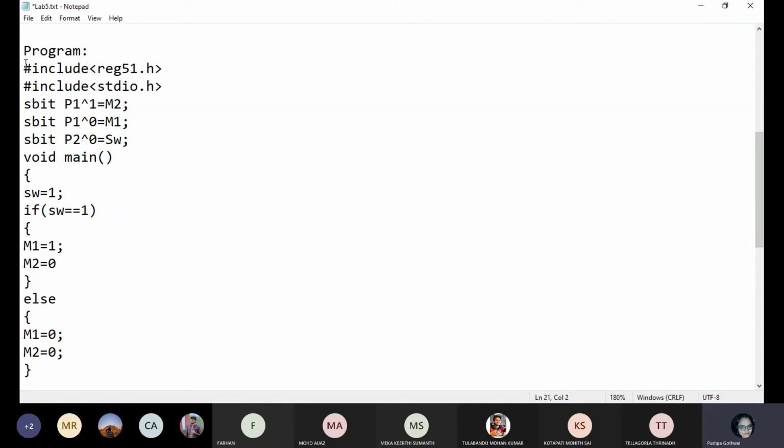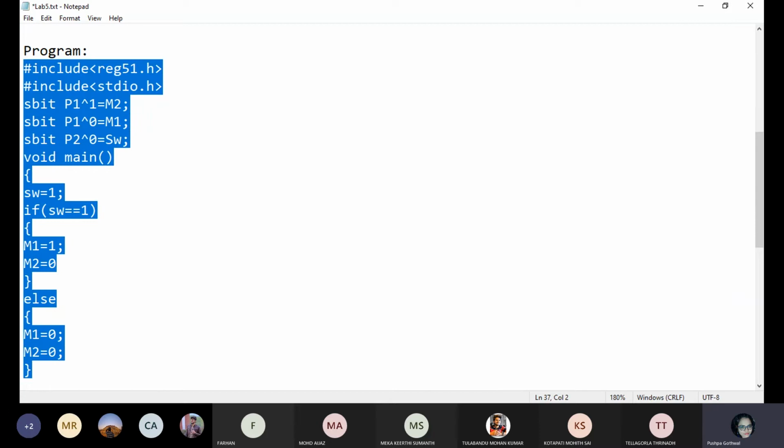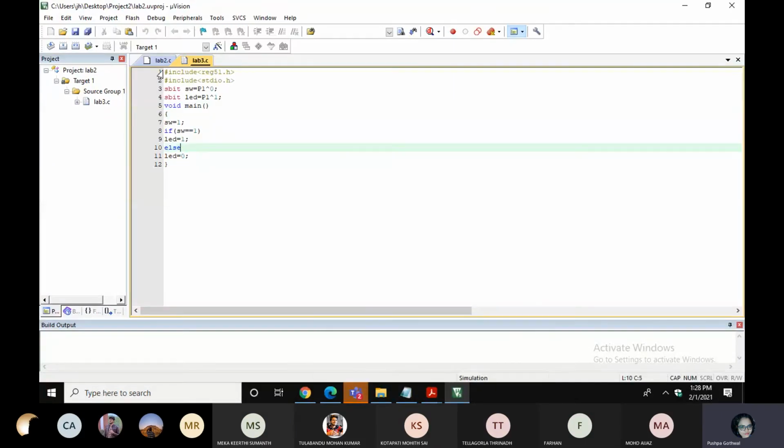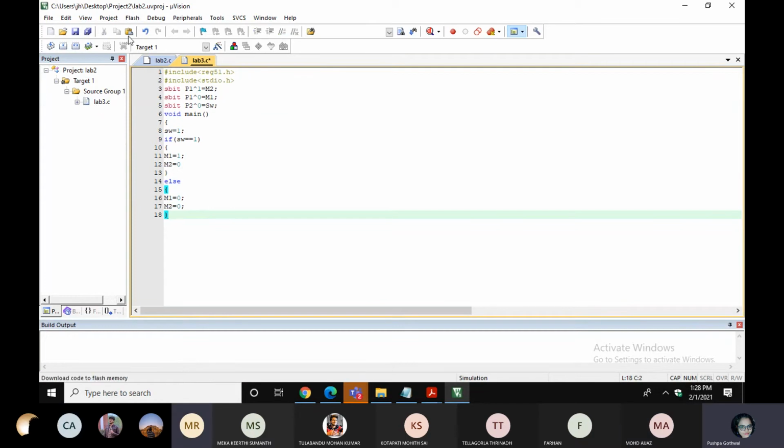So first we are compiling this particular code and then we are moving to the worksheet questions. Now I am moving to the simulator. I am sharing my desktop rather than screen. I hope it's visible. Is it visible? Yes, ma'am. So I'm in Lab 3, all the things are there. I'm compiling the code directly here. Just save it and build the target.